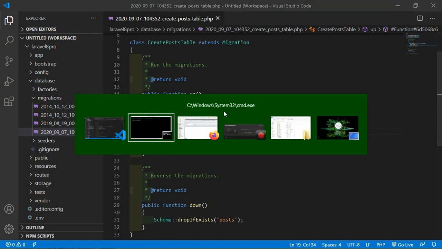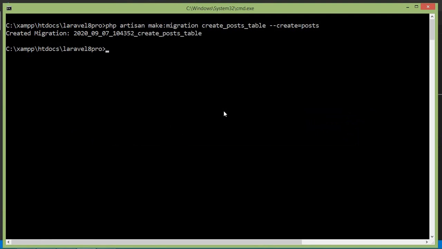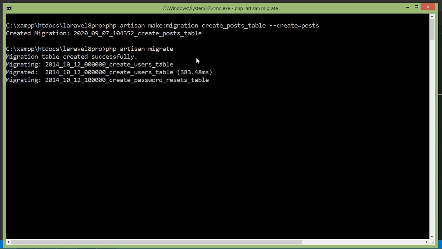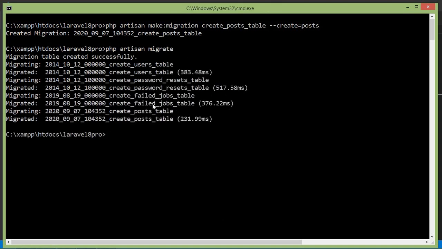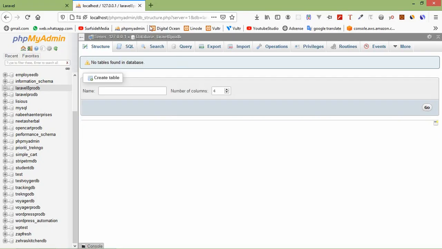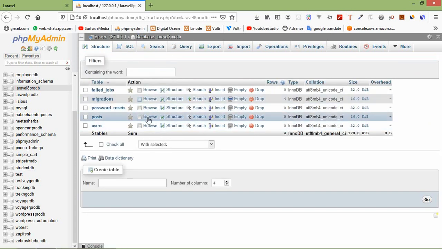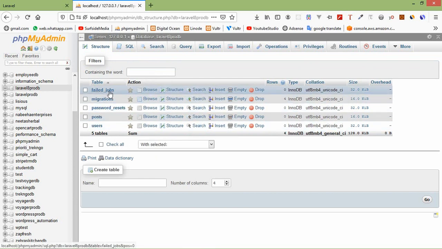So switch to the command prompt and here just type php artisan migrate. Okay, now press enter. You can see here now all migrations are migrated. So switch to phpMyAdmin and just refresh the database, and you can see here these four tables: users, password resets, migrations, and failed jobs.